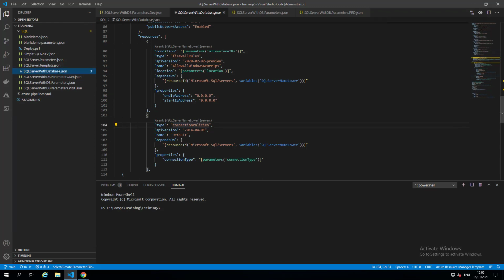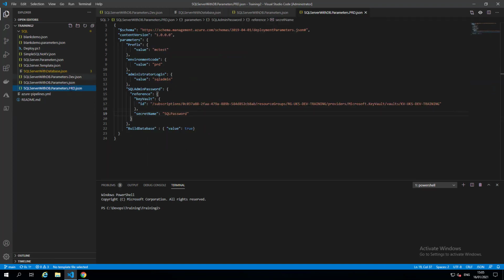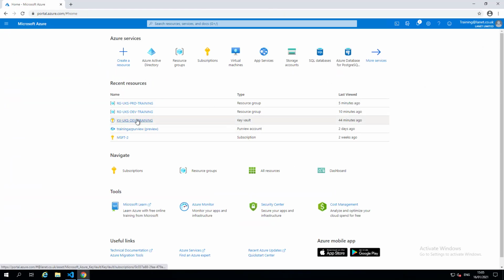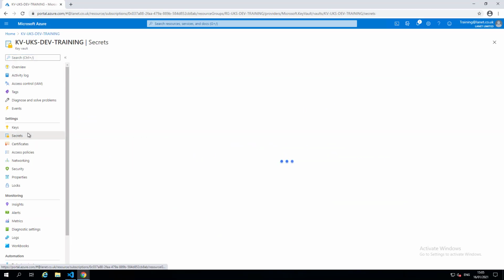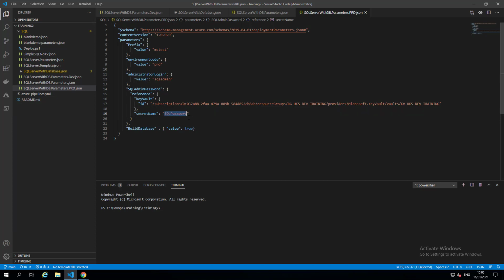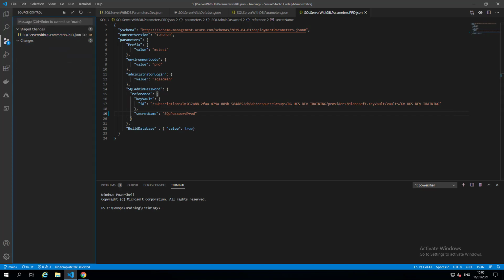You can trigger the pipeline as well by making a change. So if we look at the prod one, we actually created a separate key vault secret, so let's just check that value. Obviously, as I mentioned earlier, you'd create this in a completely separate key vault or production one, but in this case we've just created two different keys. So the password for prod is that. So what we'll just replace that. I'll do Control S to save it, and then we'll see we've got a push to go ahead there. I'll just stage that and then add it prod password. Click that one, and then we'll do a sync.